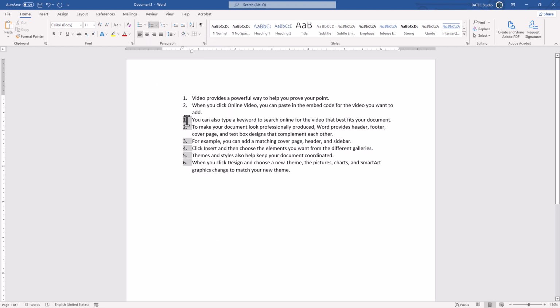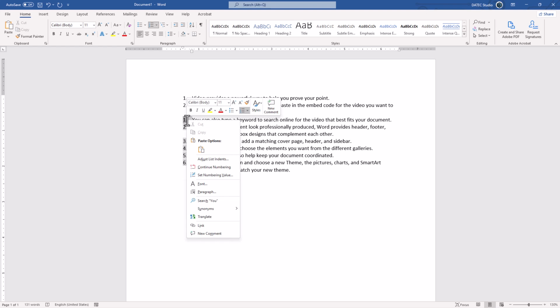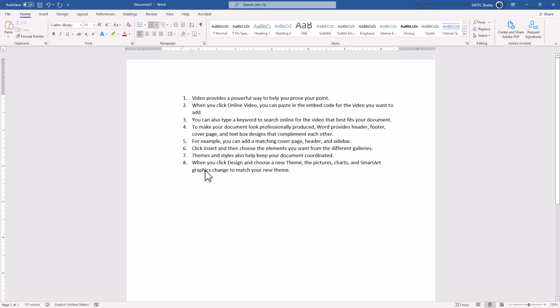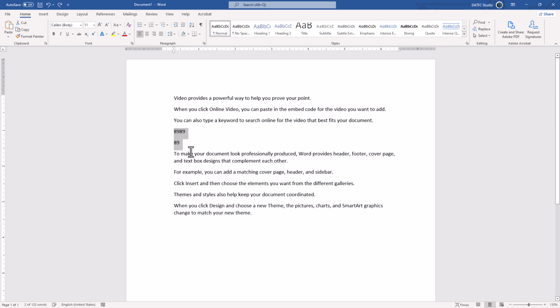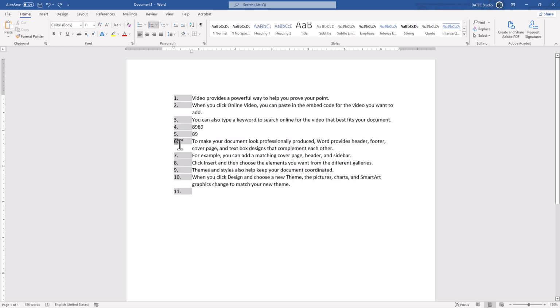If you read online documentation and help, it's written: right click and continue numbering. In many cases, it will work and fix it. And in some cases, that's not going to work. Let me undo that to bring my example. Here,